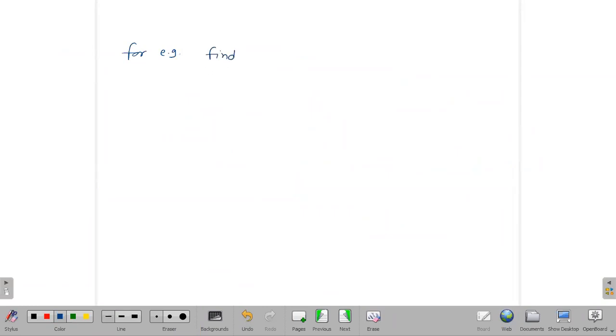So let us take one example here. Find the condition number of f of x is equal to 10 by 1 minus x square. This is the function I'm taking. So what is the condition number for this function? No particular value is given here, so we will look at this function at all values of x. The condition number is given by modulus of x into f dash x by f of x. Don't forget to put the modulus here. It is not a bracket, it is a modulus.